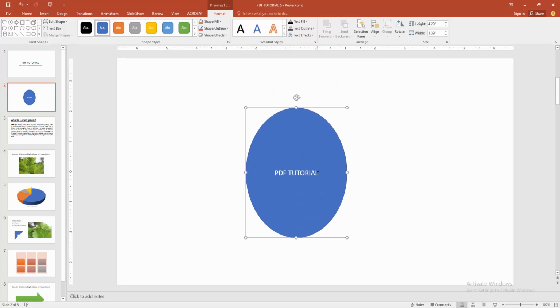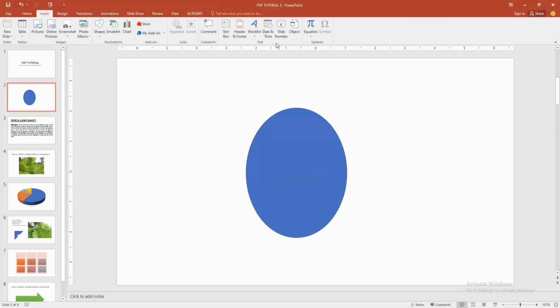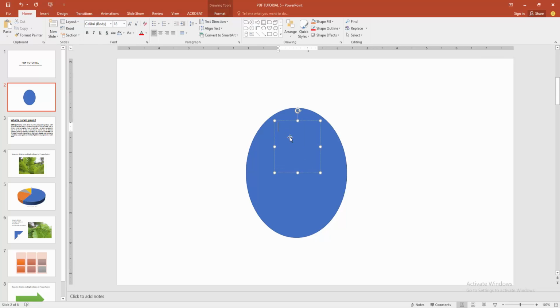Otherwise you can add the text individually. Go back again to the Insert menu and choose the Text Box option and draw a text box, then write anything, then select the text, click and drag with our mouse and go to the Home menu and make the alignment